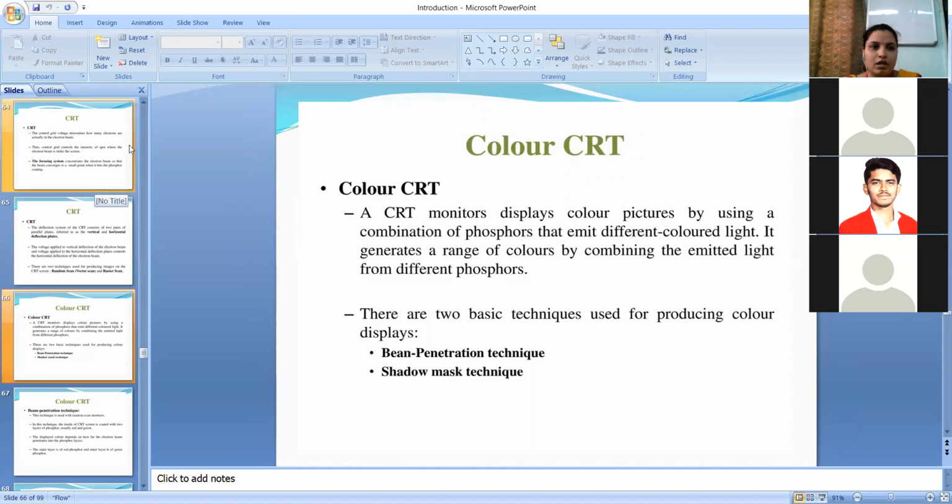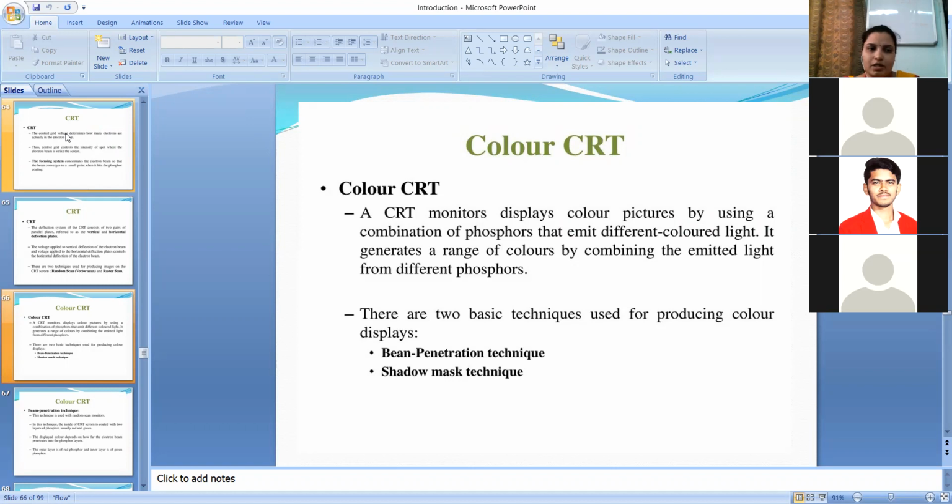In that, we have seen there is an electron gun, then we have seen the focusing system and vertical and horizontal deflection plates. Okay, so use of every element in that